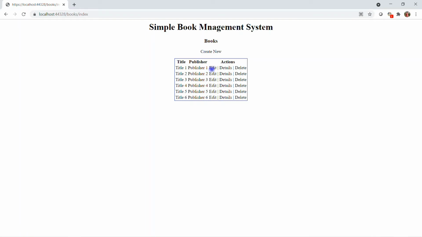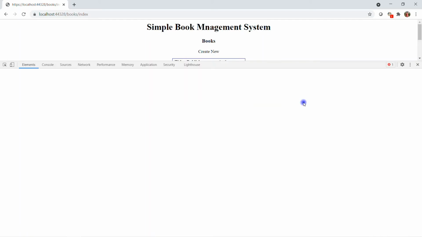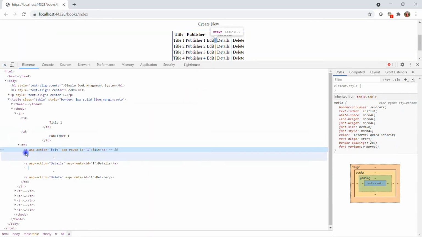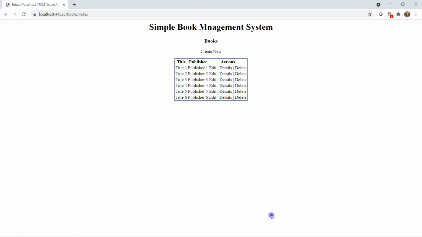So here you can see border is blue and content is center align, but one problem we can see here, the links are not properly highlighted or working. These are just plain text. Okay, and if I inspect the element, you will see these are actually anchor elements, but these are not working like a link. So I will share the solution, what is the actual problem in it.